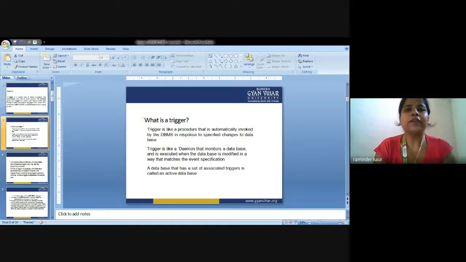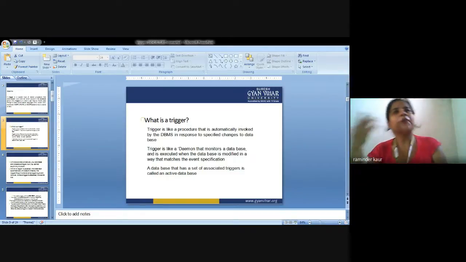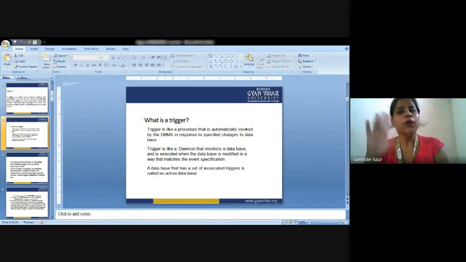So next point is multiple DML triggers of the same type. That is, if I am using an insert command, an update command, or a delete command on a table, it could allow multiple different actions. Obviously, if I am using different commands, then the action could be different. If I am using the insert command, then it could not produce the result of the update query. If I am using the update command, then it could not produce the result of the delete query. So the result could be according to the command that is being provided.